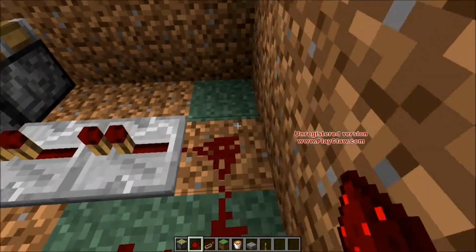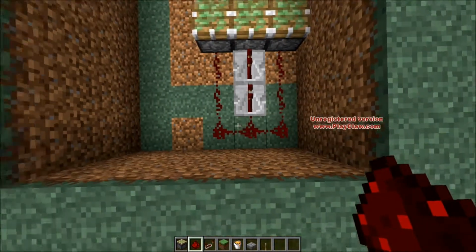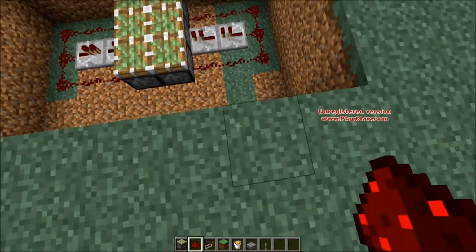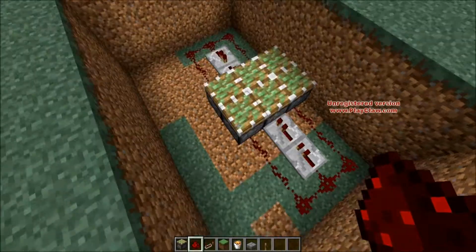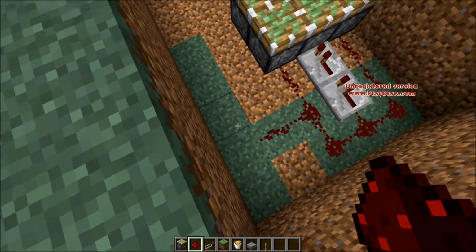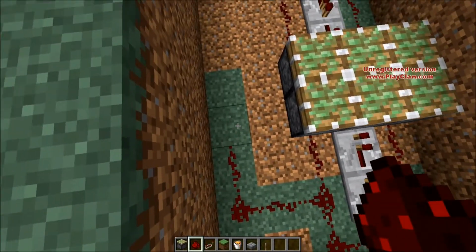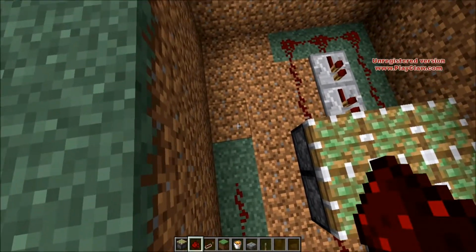Easy for me to say. And just your redstone in a U shape, I guess. So yeah, now we need to power these up so these are all going up at the same time. So let's run some redstone this way. Leave a gap,